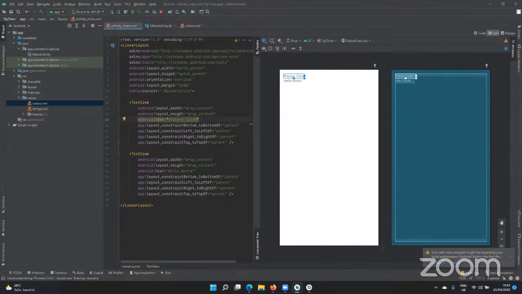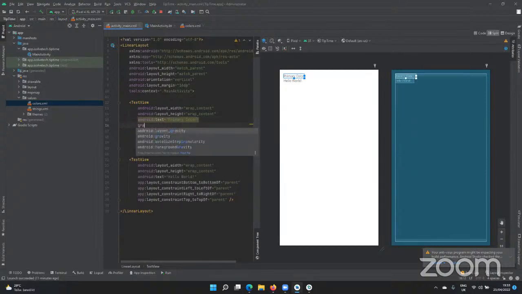Now, there's what we call a property called gravity. If you notice, there is gravity and there is layout gravity. Layout gravity is applied to the layout, that is the text view, while the gravity is going to be applied to the text. So I'm going to set the layout gravity